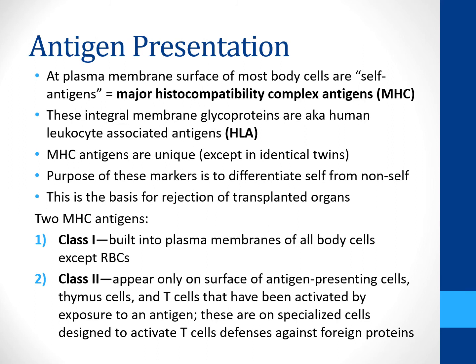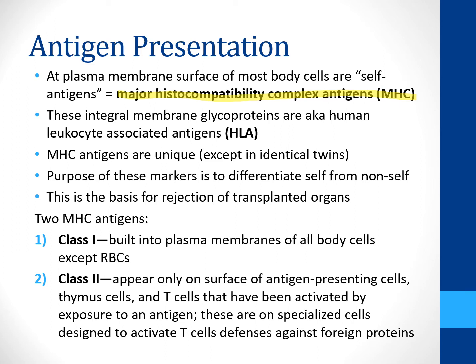In order for an antigen to be detected by the body, it needs to be presented on the cell membrane of a cell. And it is presented in what's called a major histocompatibility complex antigen. They're also called human leukocyte associated antigens, or HLA. These are proteins on the cell membrane which can take an antigen and present it to other